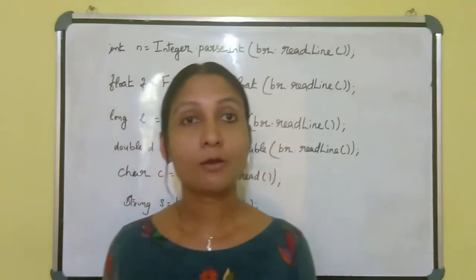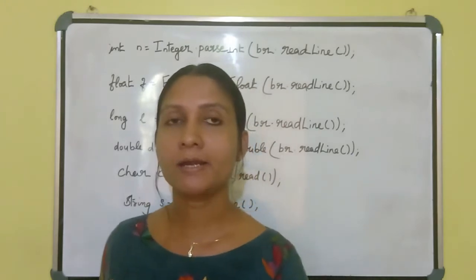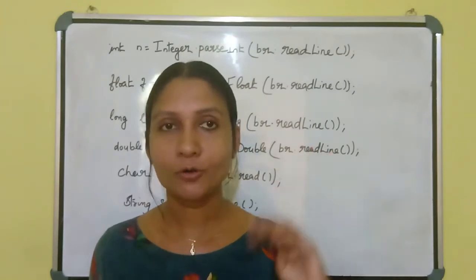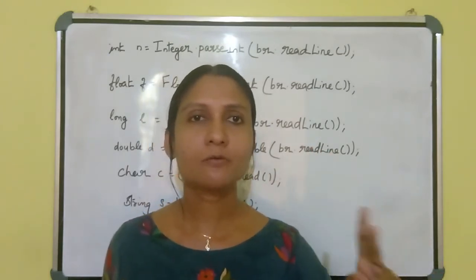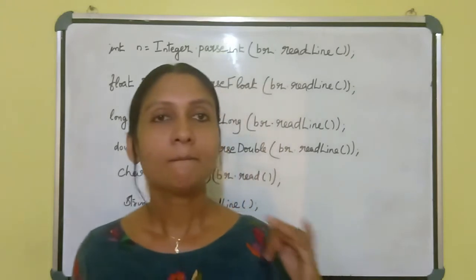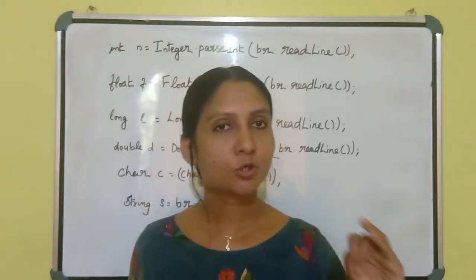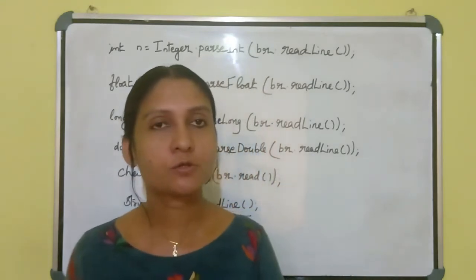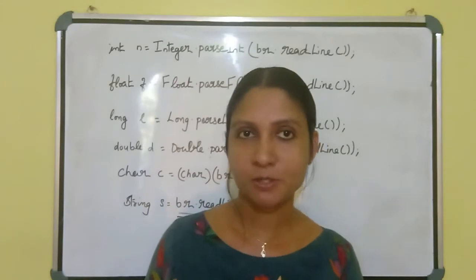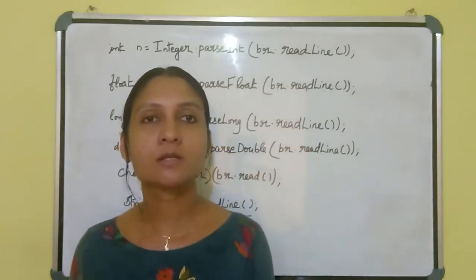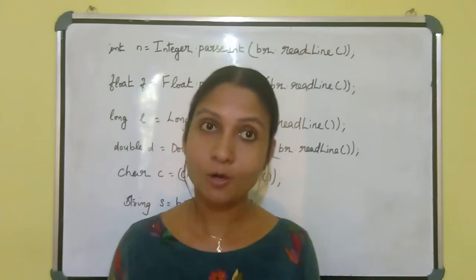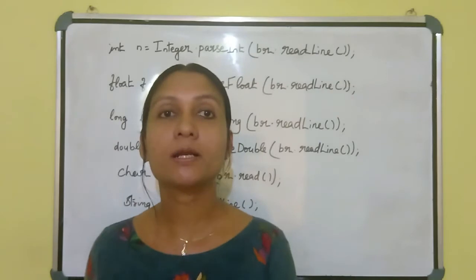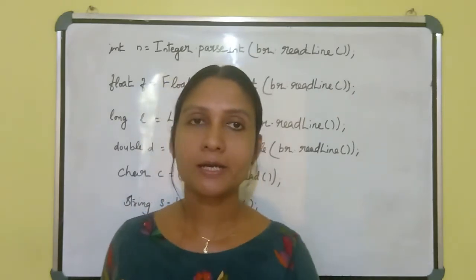For numerical whole numbers, Java provides byte, short, int and long. Four data types are there, and usually we use int and long. Why? Byte provides only 1 byte of memory and short provides only 2 bytes, but int provides 4 bytes and long provides 8 bytes of memory. Because of that we always use int or long. In the case of real numbers, we use the float or double data type. We have two data types, float and double.